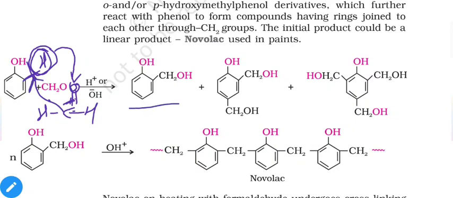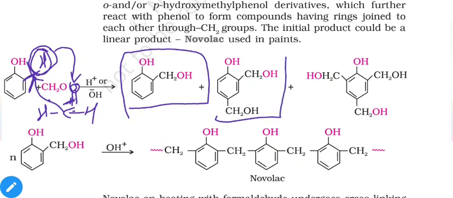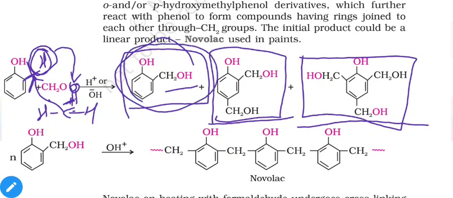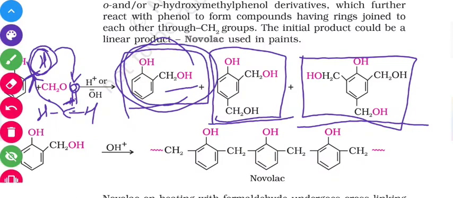So you will get this type of intermediate molecule, and it also will give us some other products, as we can see here. That means ortho product or a mono substituted product, di substituted product, or tri substituted product. All of them are possible. Now we will use this mono substituted product for the second step reaction.